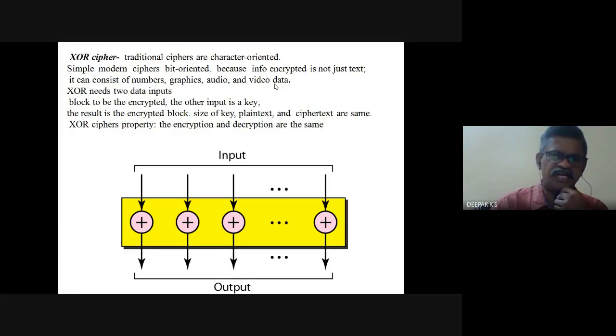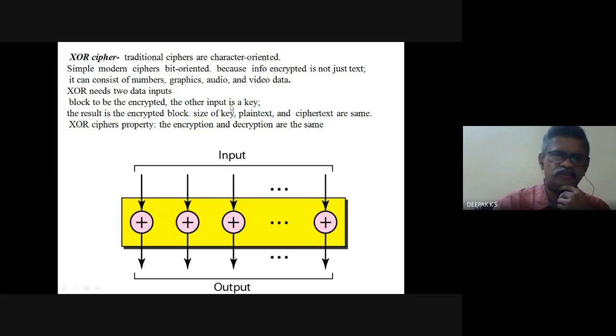Previously we had only text to be transmitted, but now we have all these graphics, audio, video. So elementary there will be bits, ones and zeros. So we are operating on data in modern ciphers. There would be an XOR symbol. We need two pieces of data for XORing. One would be the block to be encrypted, the plain text, and the other would be the key of the same